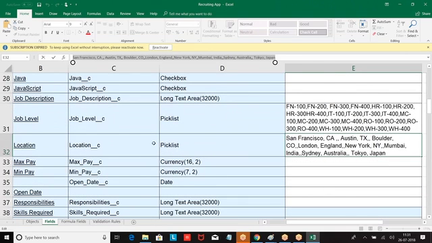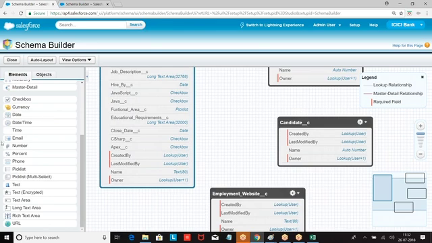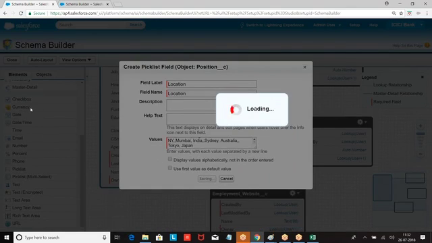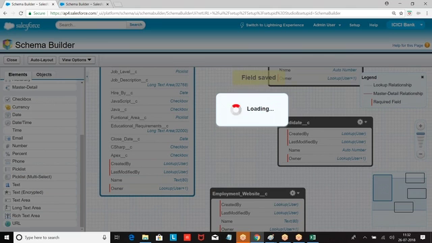Then we had max pay, min pay. If it is only one field, I might have used standard navigation.